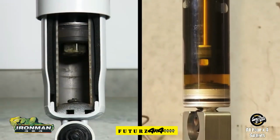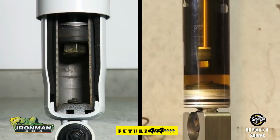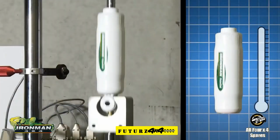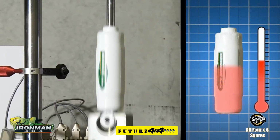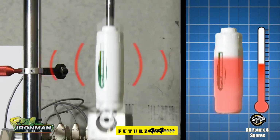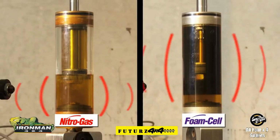The benefit of this system is that the gas and fluid are separated and don't mix together, enabling Ironman to completely fill both the inner and outer chambers with fluid. Why is this important? As shock absorbers work by transforming kinetic energy into heat, the oil temperature in the inner tube rises, and it needs to be dissipated into the atmosphere through the outer tube that acts as a form of radiator. The bigger surface area due to the additional oil capacity effectively creates a larger and more efficient radiator